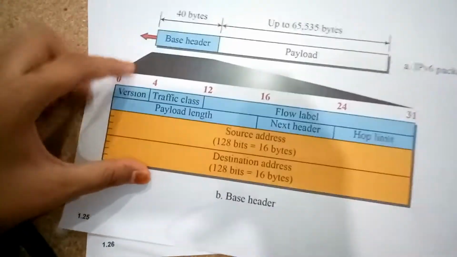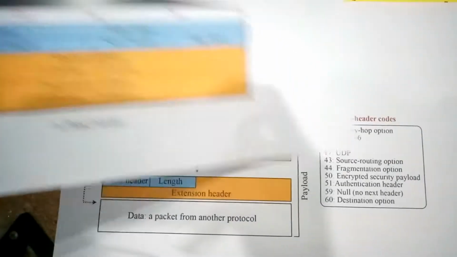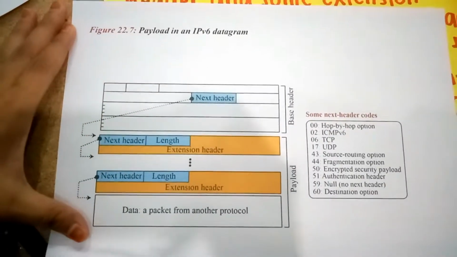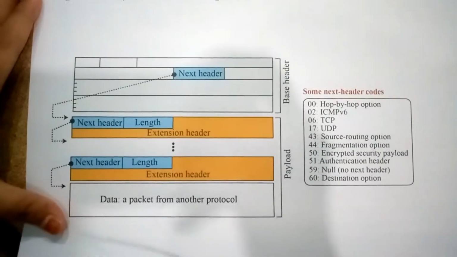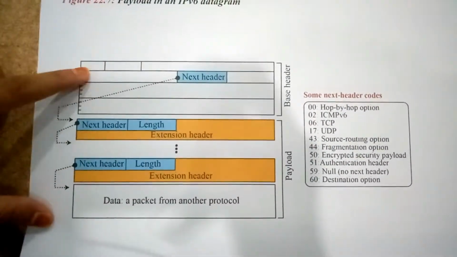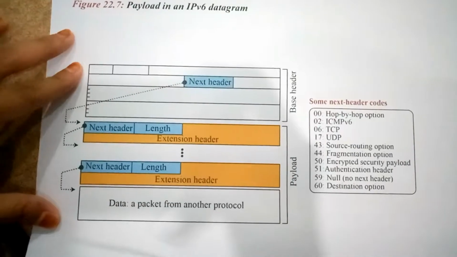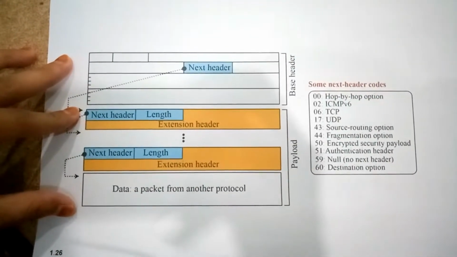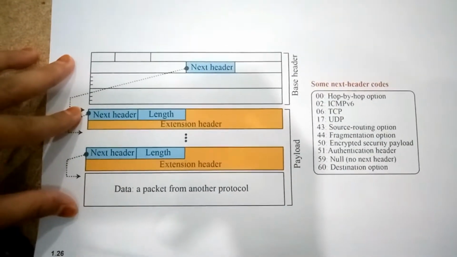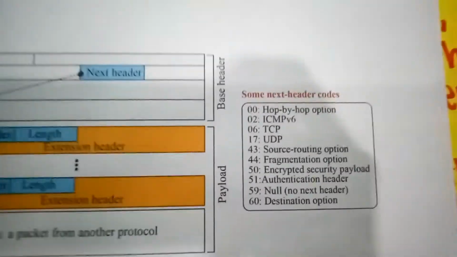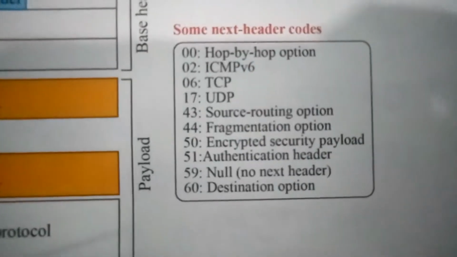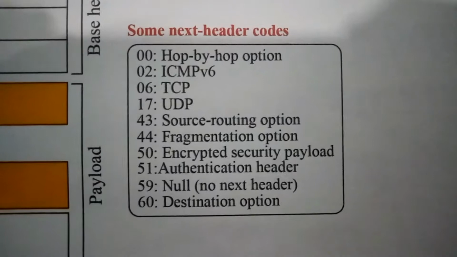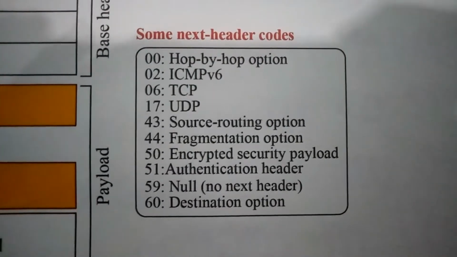Next, we're going to take a look at the payload in an IPv6 datagram. So this is the payload. As you can see here, this is the base header, and this is the payload. It has next header, length, extension header. So these are some next header codes. Each has its own code. You can see the codes here. 00 is for